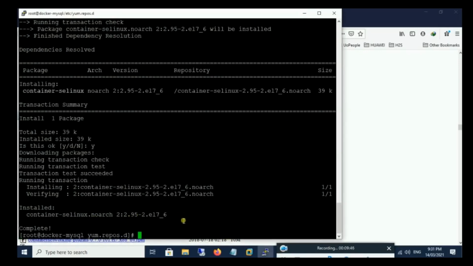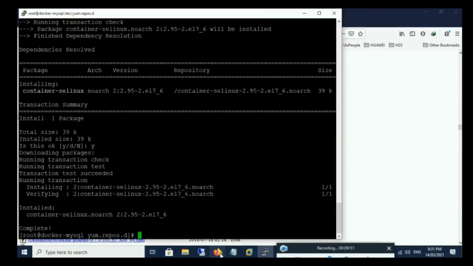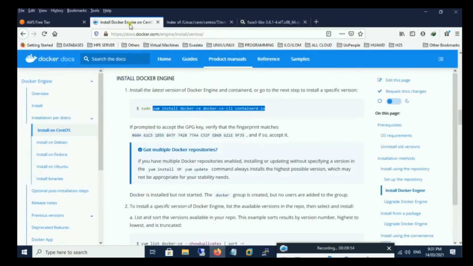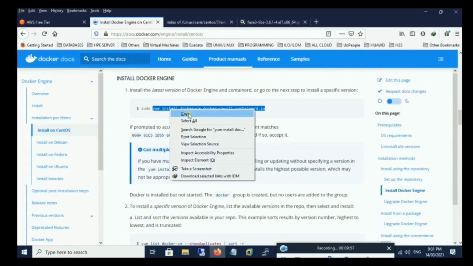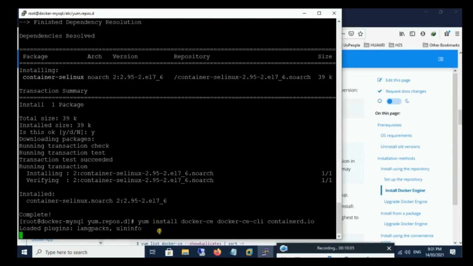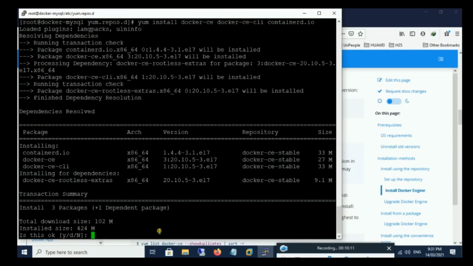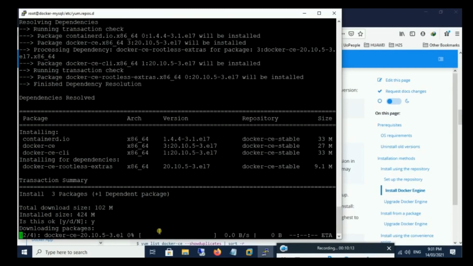Alright, it installed. So all the packages that the system is asking for are all installed. So let's go back and run the Docker command again, to install it and see what will happen. And voila, Docker is installing. I'm very happy to see this, to resolve this issue. So 424 megabytes, that's the size. So as I was saying, if you have errors, you can put them here so that all of us can resolve it.